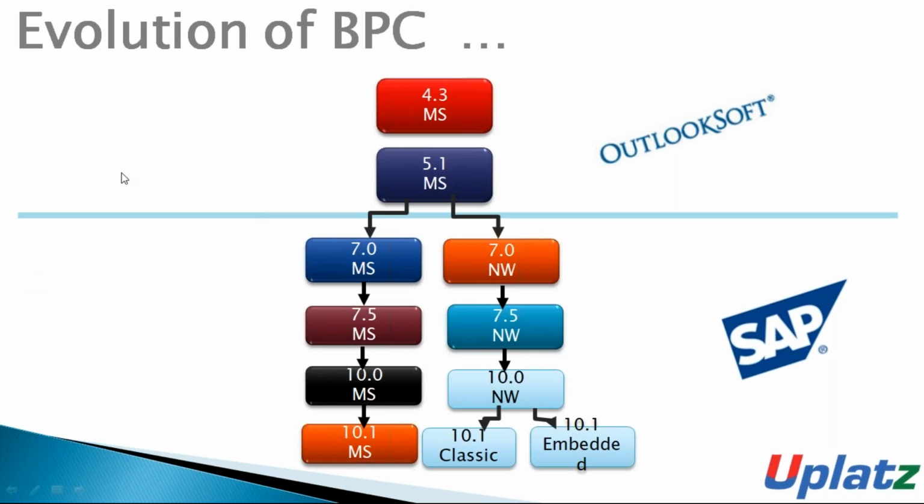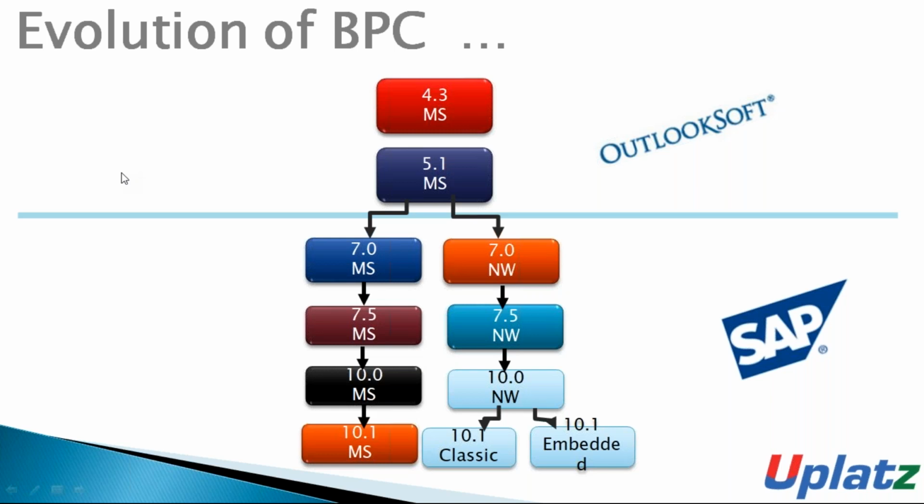Yeah. So from 7.0, they released 7.5 versions where they increased some capabilities to BPC, and from 7.5 they didn't release any version till 10.0. It is a drastic change of BPC tool, I can say. If you see 7.0 and 7.5, so for loading data or for just creation of dimensions,